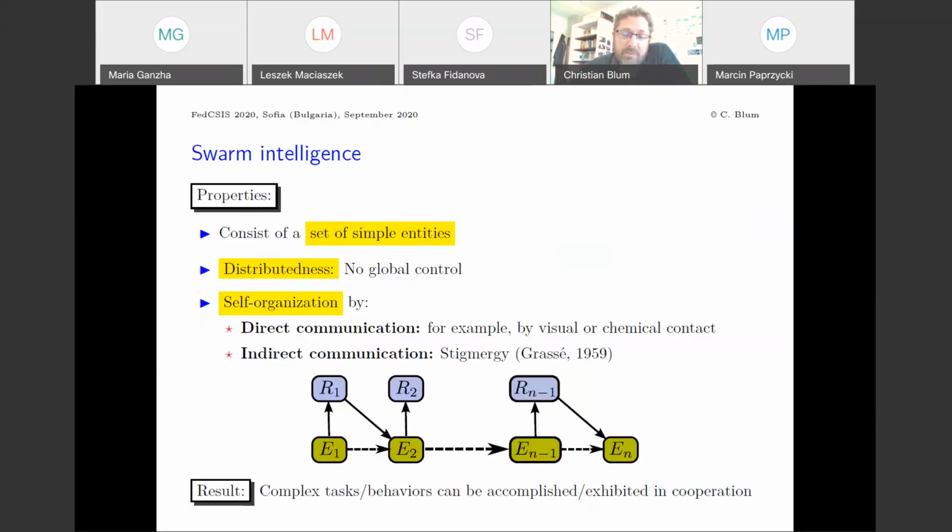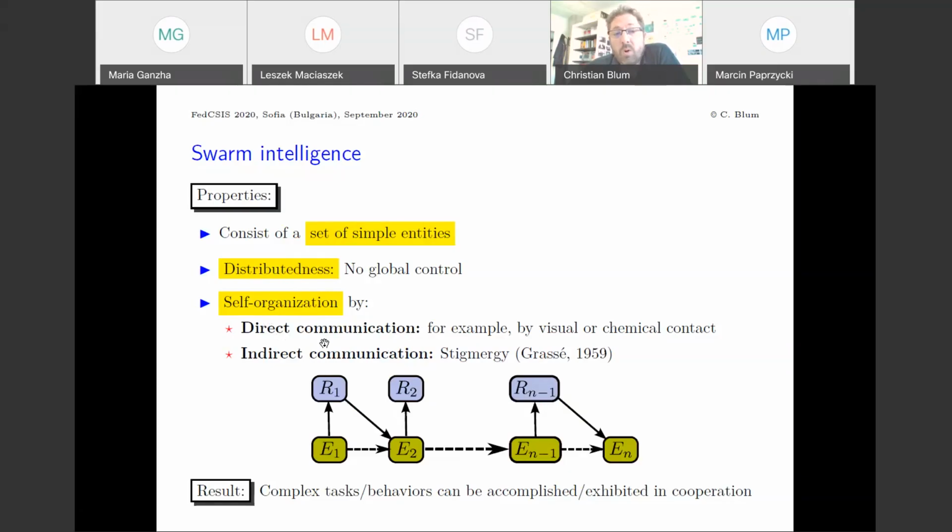Actually, until the 50s, biologists still thought that the queen, for example, in a beehive, would know or would give orders when to execute certain tasks. So she would have some control, but this turned out to be wrong. Actually, the behavior of beehives, for example, is completely self-organized, and this self-organization is a result of different ways of